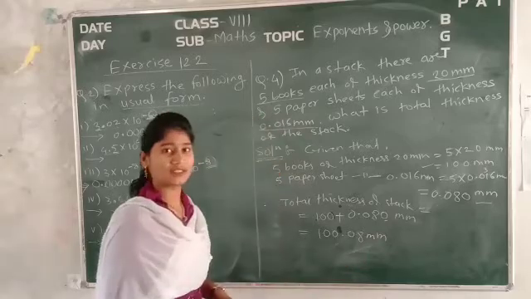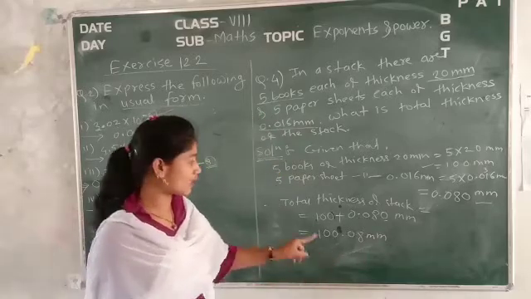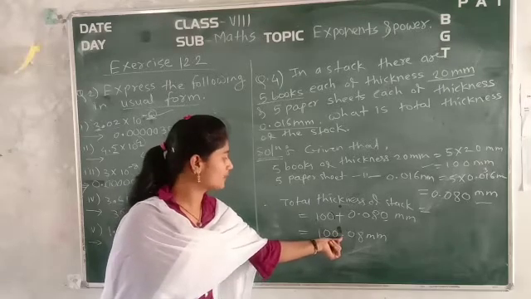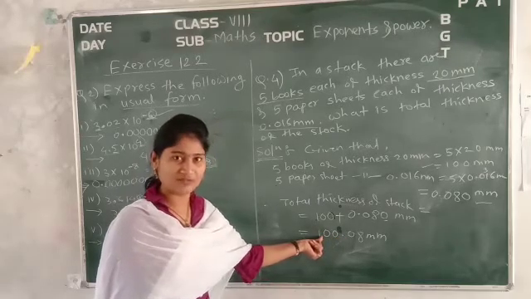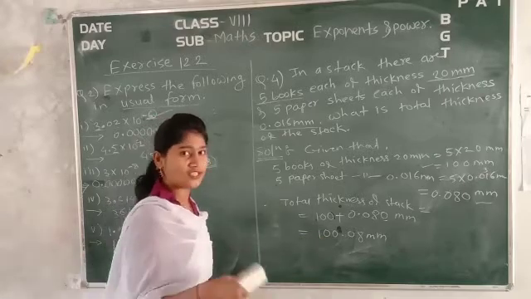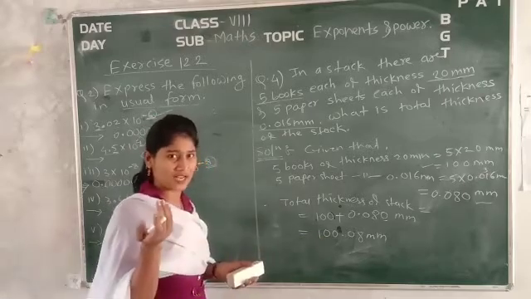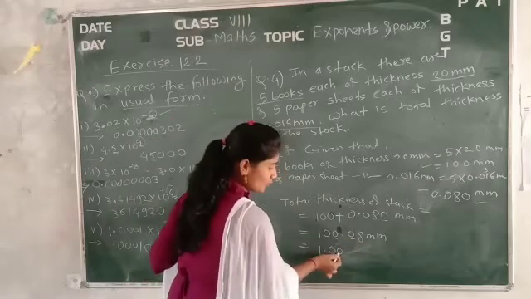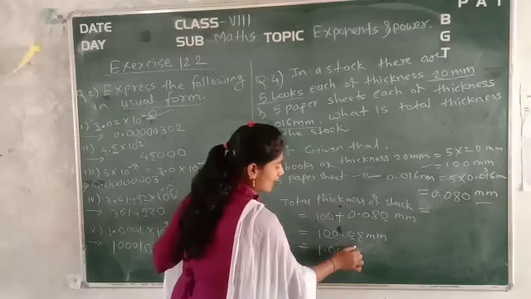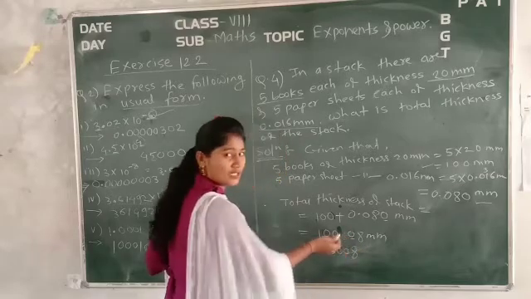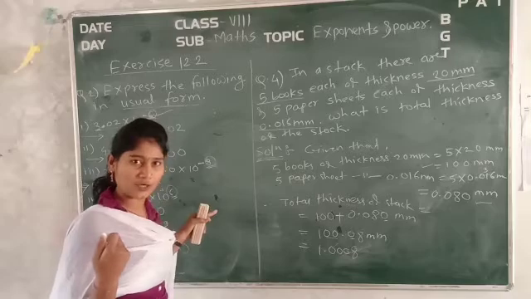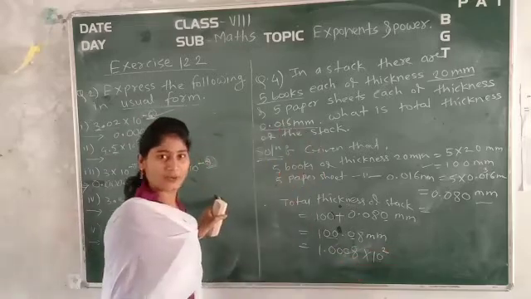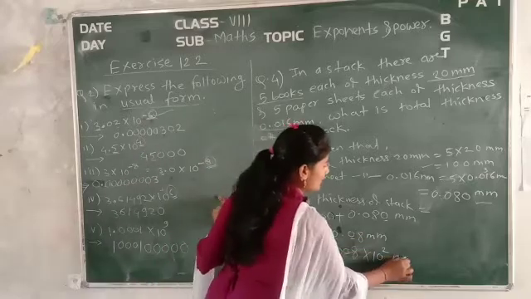But see, now this is in the non-standard form. It is in the non-standard form because after 3 digits we have the decimal point. So we have to move this decimal point to after the first digit. It means from the 2 digits we have to move this decimal point to the left side. So here it will become 1.00, this 00 and this 08. Okay. It means we have moved this decimal point by 2 digits. That's why keep 10 to the power 2. Okay. So we have to write millimeter as it is.